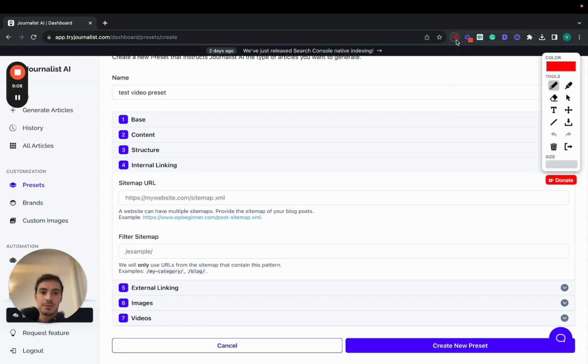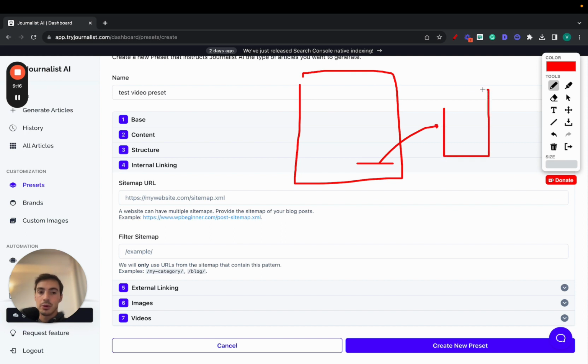So what does this mean? Let's say you create an article using Journalist AI, and you want to link out automatically to maybe some other posts that you've either created using Journalist AI or a post that was already on your site. By adding your sitemap URL here, just copying and pasting it, every single article you generate using Journalist will automatically interlink to other articles or other pages on your site, only in a way that